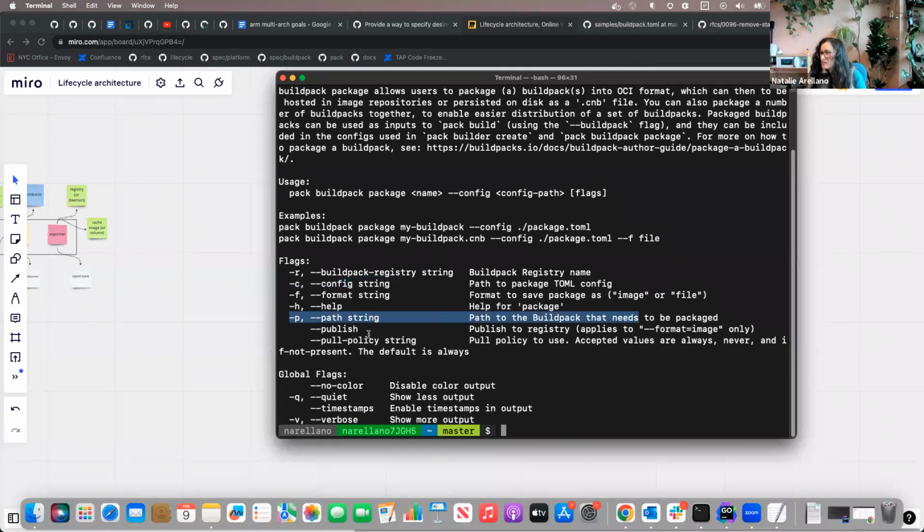I think it's possible. We could do it right now. I think these config and path values are somewhat mutually exclusive. Potentially, but you could imagine I can provide a list of paths, or a list of configs, and we'd have to think about the UI for that so that it's not terribly confusing. But there could be a way that you say, all of these things that are packaging up are actually the same, just for different platforms.